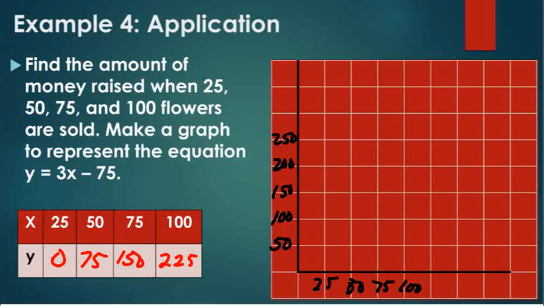And now we can plot our points. So 25 and 0, that means if you sell 25, you don't make any money because you had to pay $75 to purchase everything. 50 and 75, so that would be in the middle of 50 and 100. 75 and 150 would be here, and 100 and 225 would be in the middle between 200 and 250. And there you have